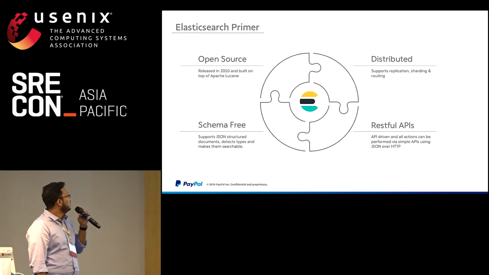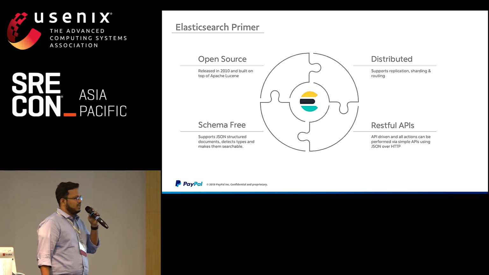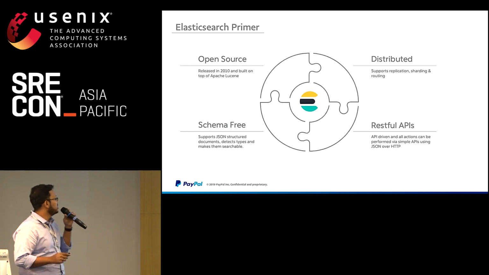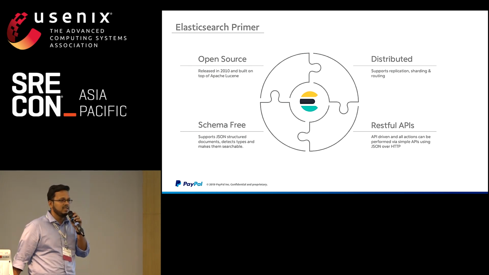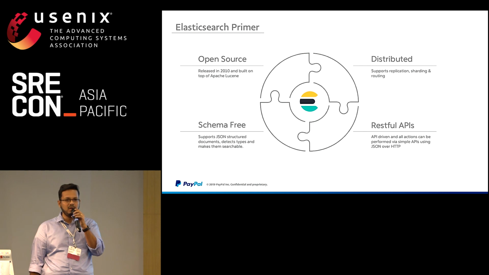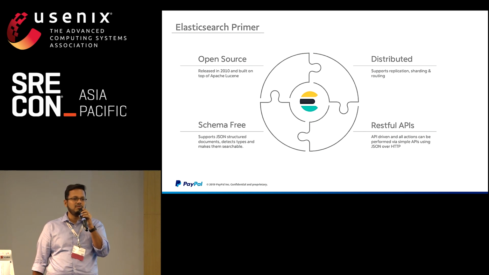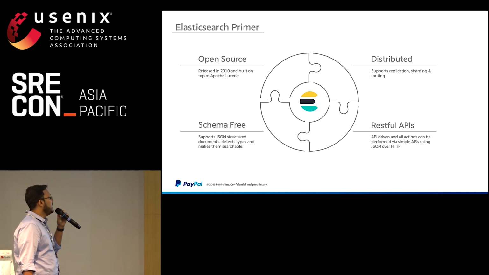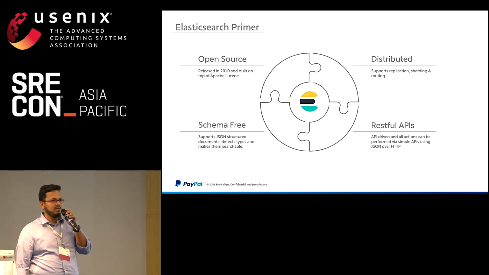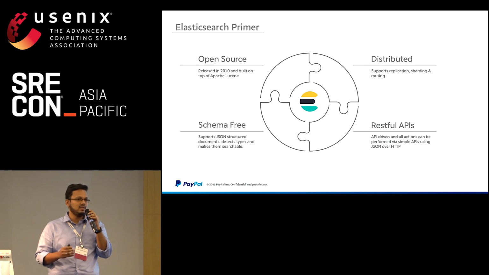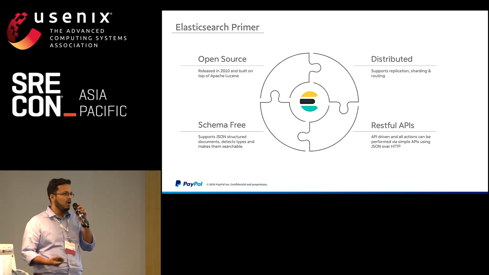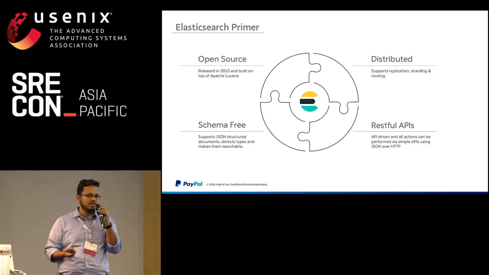Moving on. We'll talk a little bit more about Elasticsearch. I think there are a lot of people who know about Elasticsearch, so we'll breeze through these slides really quick. Elasticsearch is open source software released in 2010, available under the Apache license. It's based on Lucene, which is a really powerful search and analytics engine. It's distributed in the sense that the data is distributed across clusters. It's horizontally scalable, and also provides a lot of resiliency features. It's schema-free. All documents are JSON formatted documents.